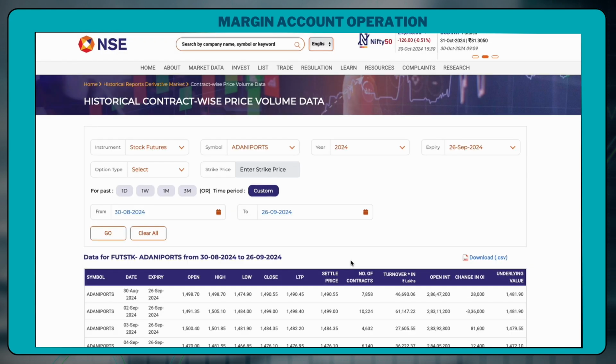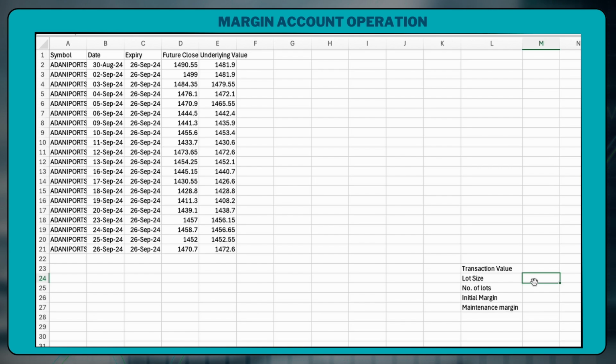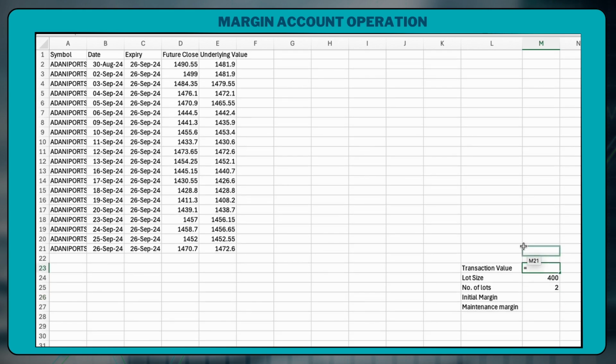So, on 30th August 2024, the spot price, which is the underlying value of Adani Ports, is 1481.9. I prefer not to buy the stock immediately, but instead fix the price for 26 September 2024. So, I enter into a futures contract at a market price of 1490.55. The lot size for Adani Ports is 400 shares and we decide to trade 2 lots. So the total shares would be 400 into 2, which is 800 shares. And the transaction value would be 800 into 1490.55 equals